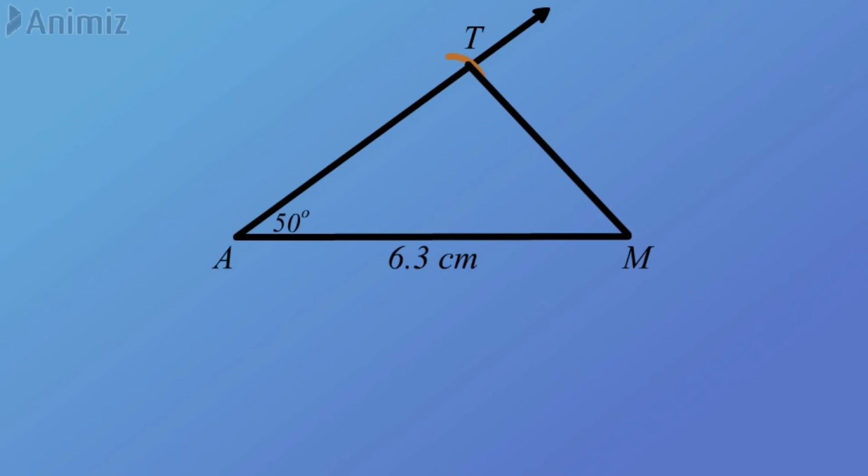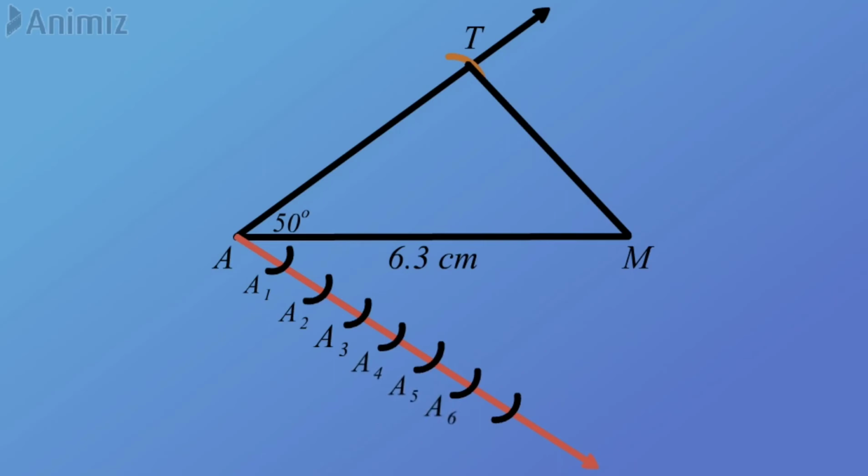Now as usual we have done in the previous sum, draw a ray from the point A by taking the angle 60 degree below the AM, that is in the downward direction. Now our ratio is 7/5. So you have to divide this ray into 7 equal parts. As I said, you can take the distance 1 or 1.5 centimeter, keep at A, and this way you divide the ray into 7 equal parts. Label them A1, A2, A3, A4, A5, A6, A7.